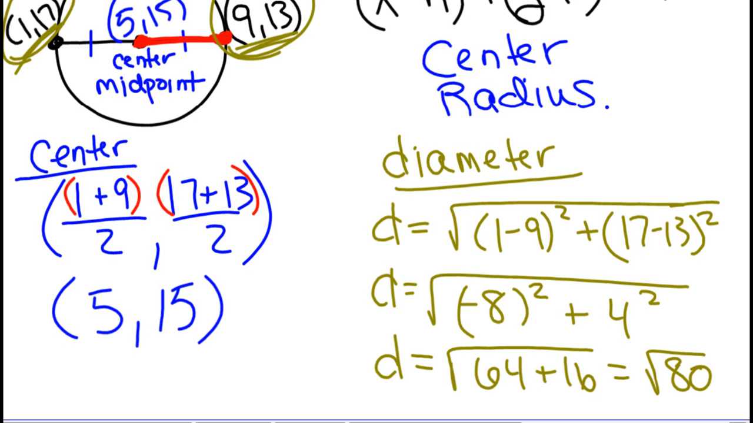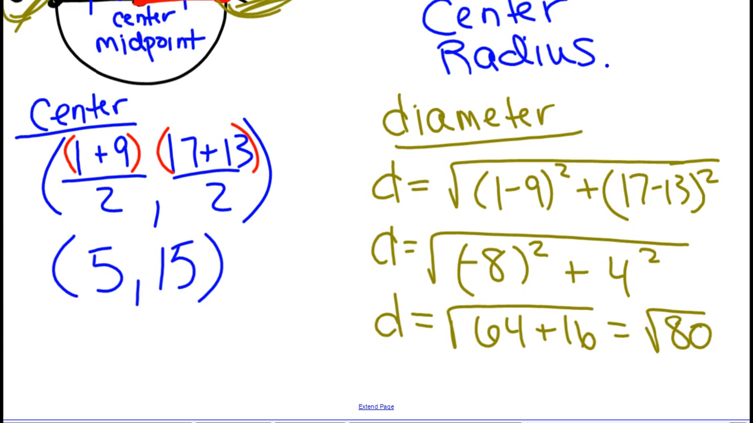Now, here's the thing. Depending on who you have as a teacher and how they want it to be done, you can break down your square root of 80. We can do 16 times 5, and we'll get 4 radical 5. Cut that in half. The other way to do it is to just let your radius equal the square root of 80 over 2,